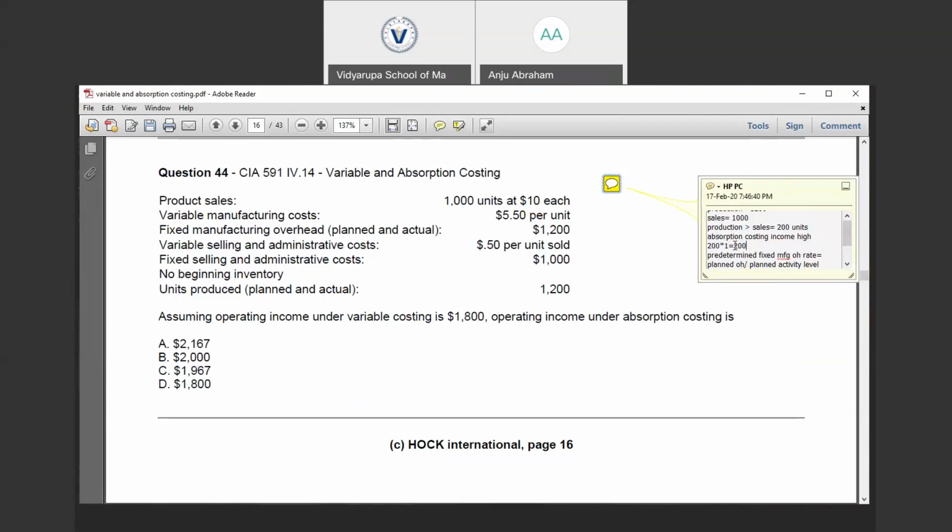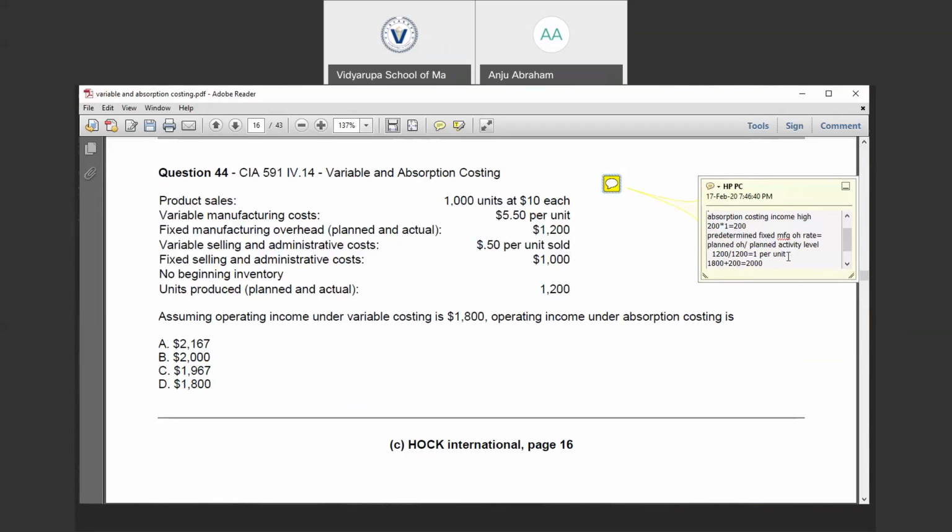that is not expensed in this income statement for absorption costing, because this 200 of the fixed manufacturing overhead will flow to the ending inventory value in the balance sheet. Whereas in variable costing, this entire amount of fixed manufacturing overhead incurred during this particular period will be expensed. So we know that the variable costing income was 1800 and the fixed manufacturing overhead that is not reported equals 200. So we need to add this 1800 plus 200 of non-reported, which equals 2000. It would be the operating income under absorption costing.